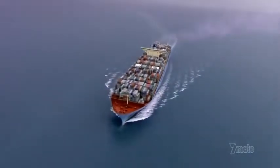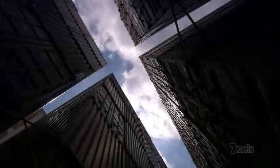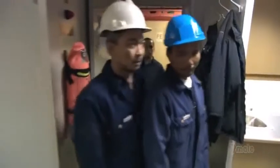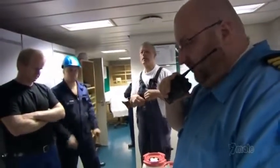A fire alarm at sea is a chilling sound. Emma may be a tough ship to sink, but a fire could bring unthinkable disaster. But this time it's only a drill. The crew musters in the control center. We have a reported fire in...